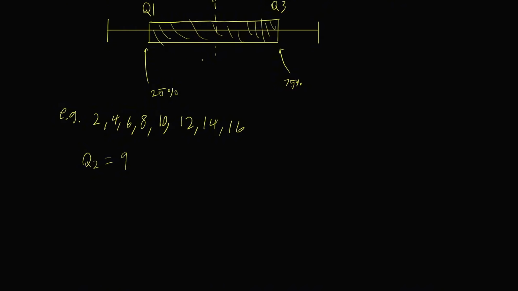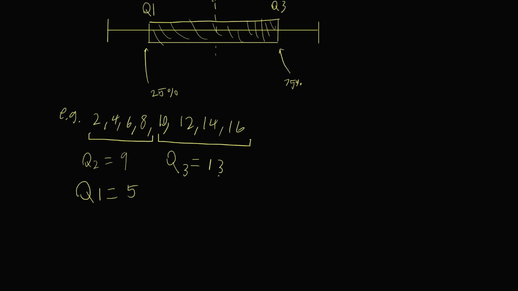And then Q1 is the median of the lower half of the data. So let's split the data into two again. So this will be the lower half, this will be the upper half. So that means the median of the lower half, Q1, is equal to 4 plus 6 divided by 2, so that's 5. And then Q3 would equal 12 plus 14 divided by 2, which is 26 divided by 2. So